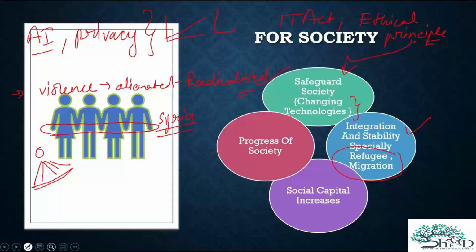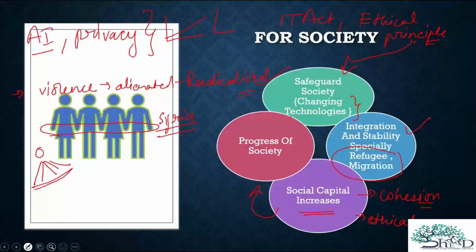All right. Then if we come to the third point, it means social capital increases. Meaning of social capital: it basically means the relations within society, like brotherhood, shared values. There is some form of cohesion in the society. So when such things happen, what will it lead to? It leads to progress of society, right? We'll come to that. But where will this cohesion come from? If ethical rules are followed, if positive ethics is followed in the society.